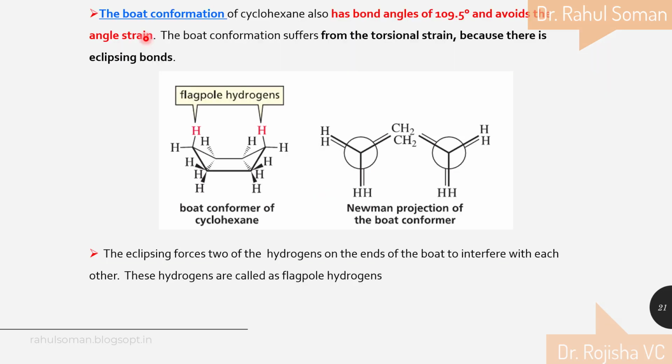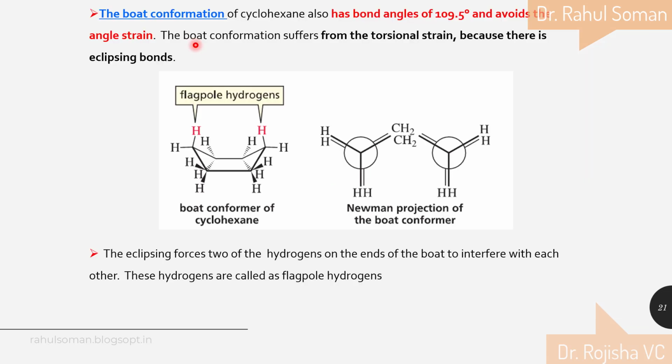Boat conformation is another conformation of cyclohexane, where all carbons satisfy the tetrahedral geometry, all carbons having a bond angle of 109.5 degrees. So there is no angle strain in the case of the boat conformation. But